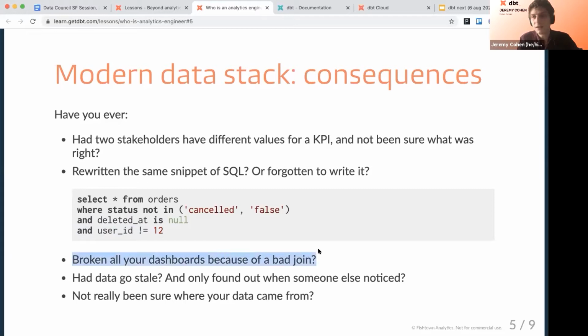That's putting aside the good old-fashioned SQL things we can do to get a wrong number, like accidentally fanning something out because we thought it was 1-to-1 when it turns out it was 1-to-many. Or because the data is missing and it's Monday morning, it hasn't ingested since Thursday afternoon.